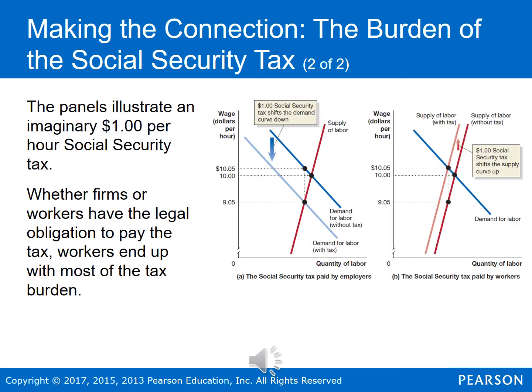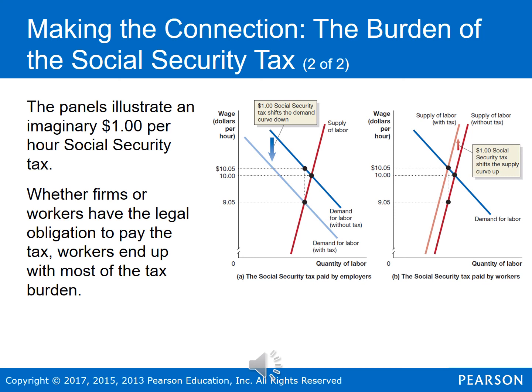So let's use the supply and demand graphs on the right to show what happens. The first panel, the first supply and demand curve, shows the Social Security tax being paid by employers. Because the employers are the consumer side of the market, that's going to shift down the demand curve. So let's say wages were $10 in equilibrium. The wages that firms were forced to pay for employees increased from $10 to $10.05. However, because of this additional $1 Social Security tax, the workers only take home $9.05. So they bear 95% of the tax.